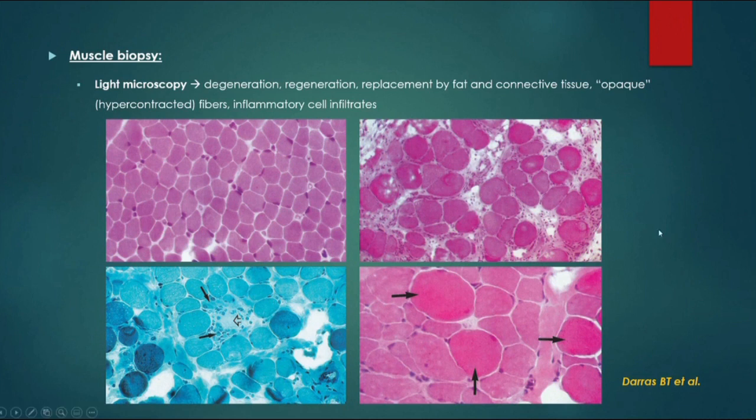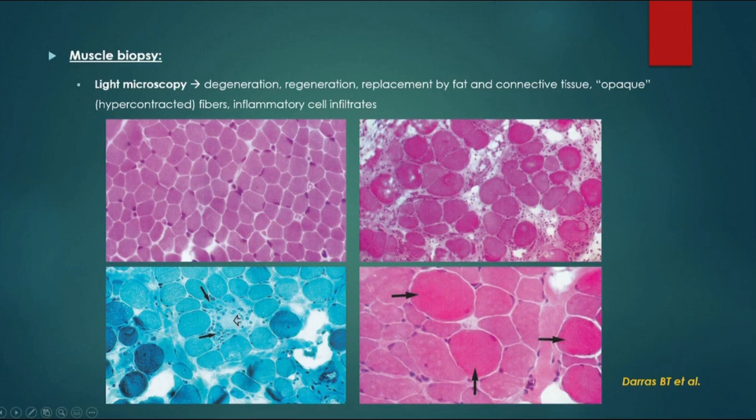muscle biopsy. The first picture, this one, shows the normal muscle, and as you can see, they have polygonal appearance and peripheral nuclei without any degeneration or regeneration. This one is from the patient with Duchenne Muscular Dystrophy, and shows loss of the polygonal structure, and this is another one with NADH stain, and this one was HNE stain.